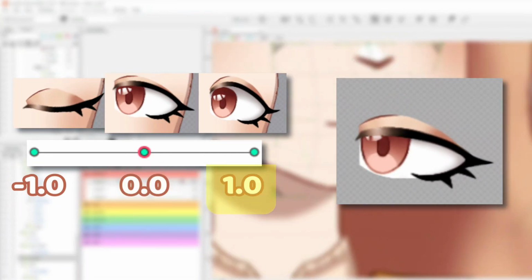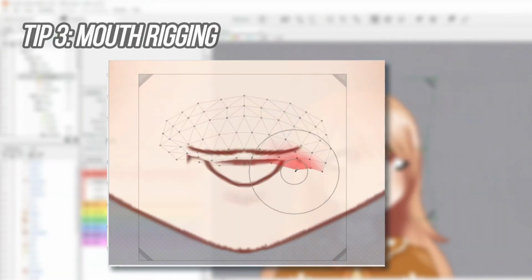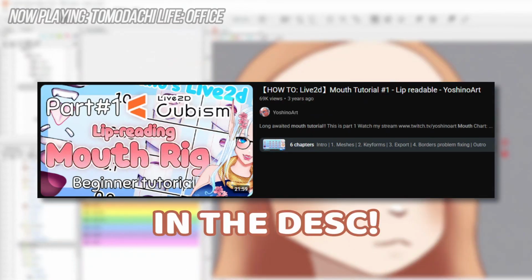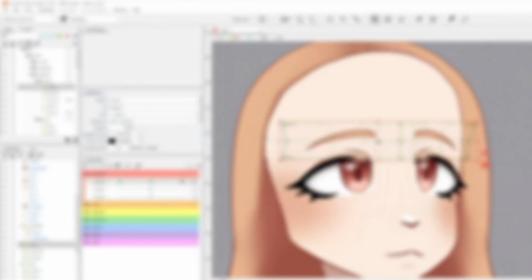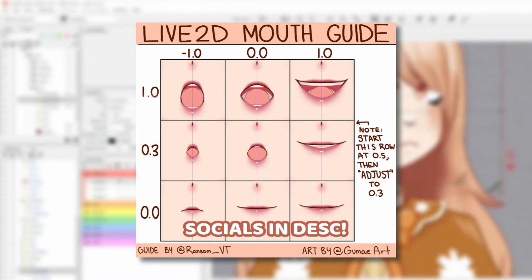eye wide open. Tying a bit to tip 2, tip 3 consists of mouth rigging. I recommend you follow along on this Yoshino art tutorial as she goes in depth into mouth rigging. If you want to do some lip syncing, I recommend this guide by Ransom VT, which gives an accurate lip